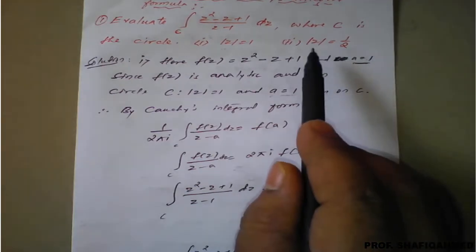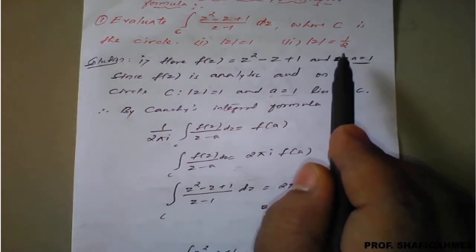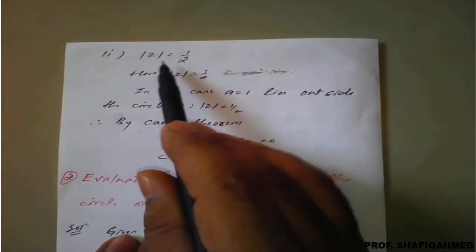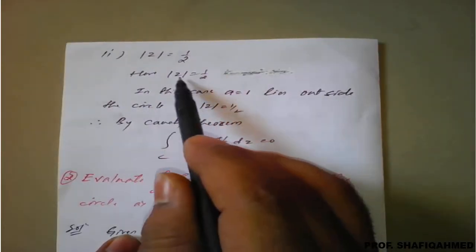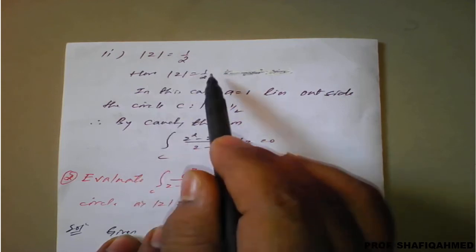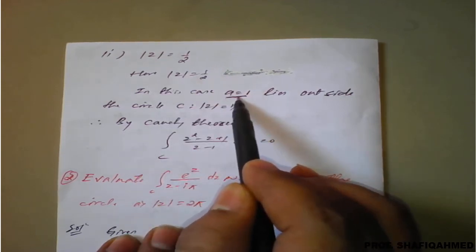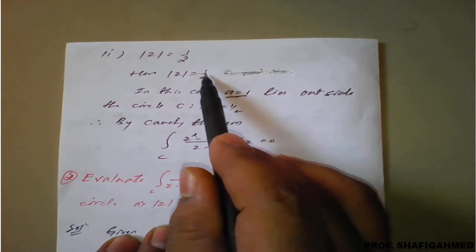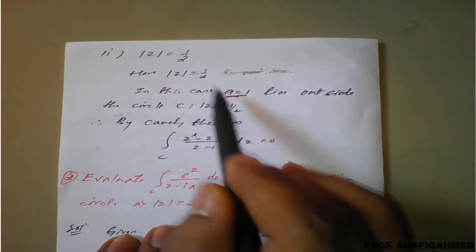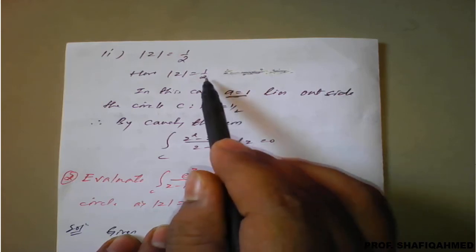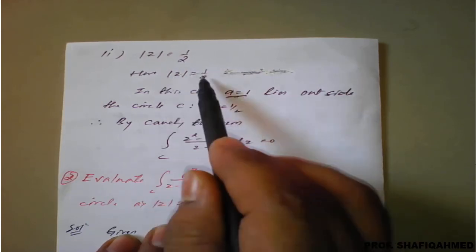Similarly we need to find it for mod z equal to 1 by 2. Here mod z equal to 1 by 2 is one of the curves. In this we know the value of a is 1. So our circle has radius 1 by 2, and here I can say that a is greater than 1 by 2, means this is a circle and our point